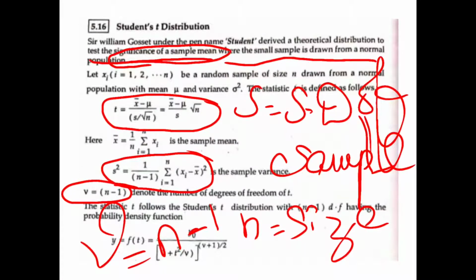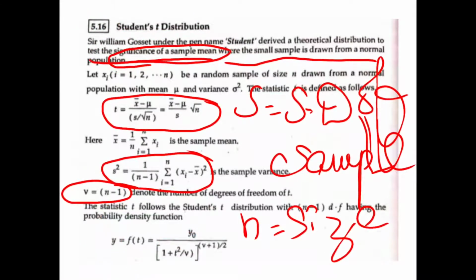That means if the sample size n is equal to 20, then we have degrees of freedom, usually written as df. This is also one of the notations. df will be 20 minus 1, that is 19. Understood? So this is how you have it for the degrees of freedom.